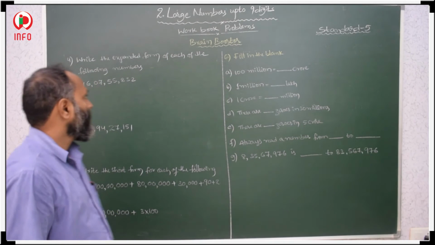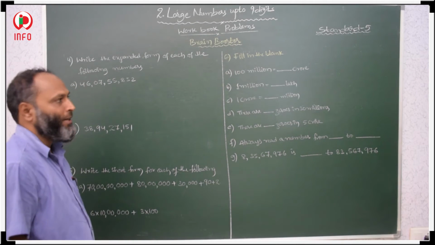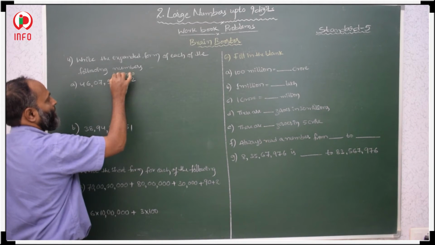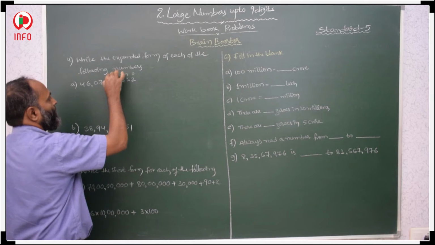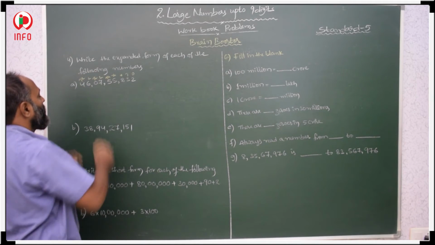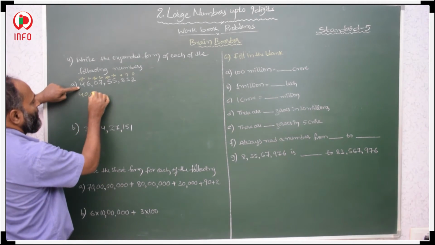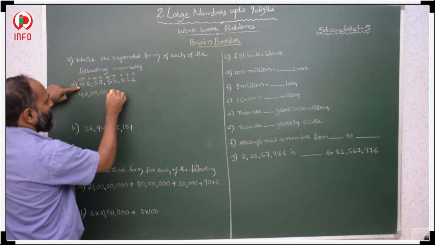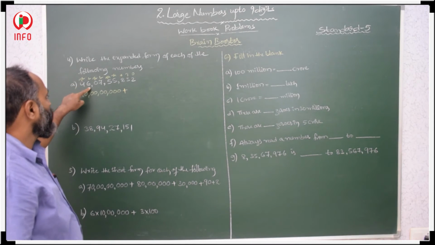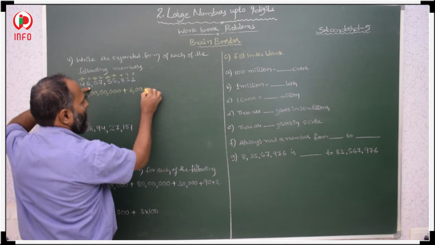Okay. Now again, expanded form is given. The recapitulation. So we have to write in expanded form. First ones, tens, 100, 1000, 10,000, lakh, 10 lakh, crore, 10 crore. 4 is in 10 crores place, so that is why 40 crore. Then after that we have to take place. And 6 is in crores place, we have to write 6 crores.